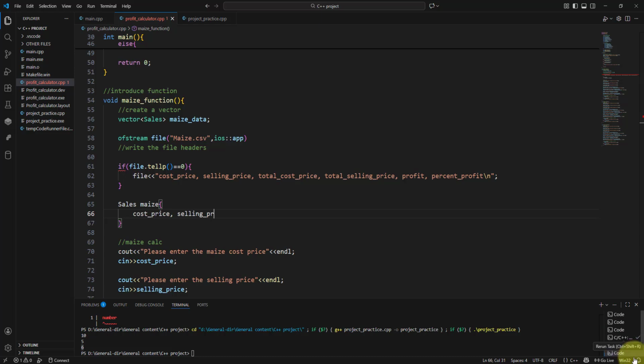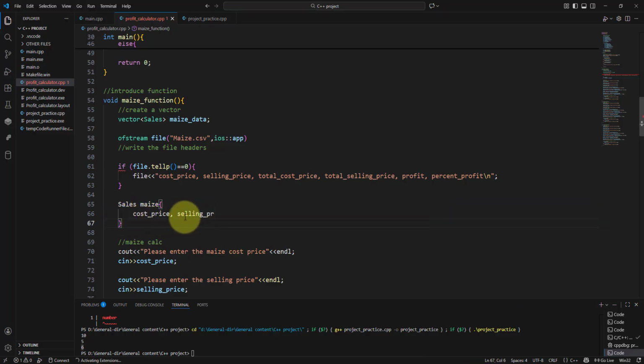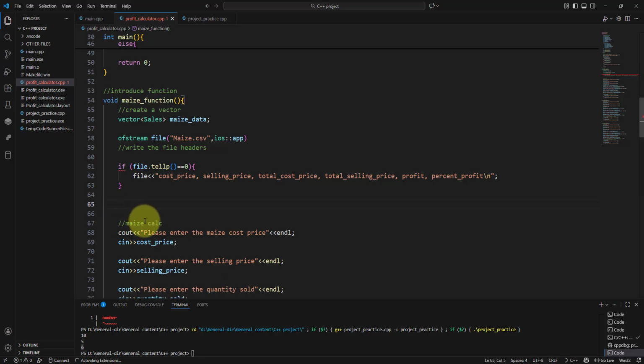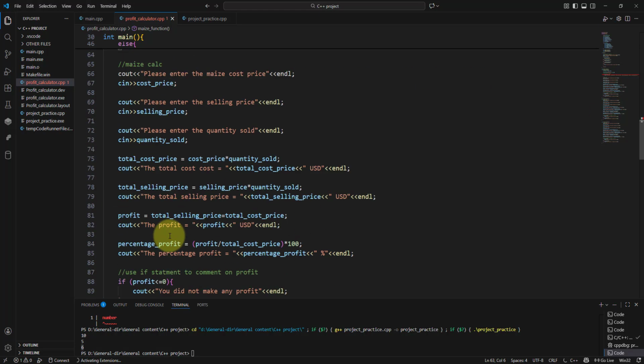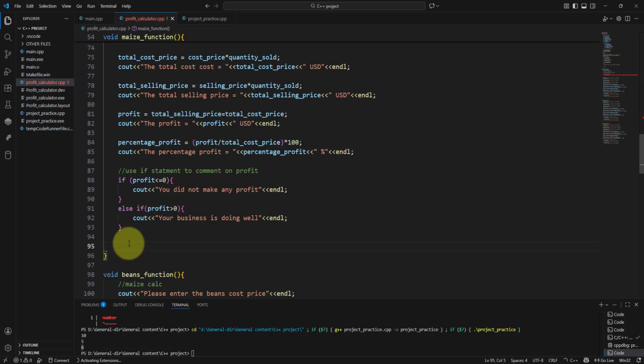I'm not going to define the rest here, because I want to store the data after it has been captured. Immediately after the data has been entered, somewhere after the profit has been determined, I want to add the data to